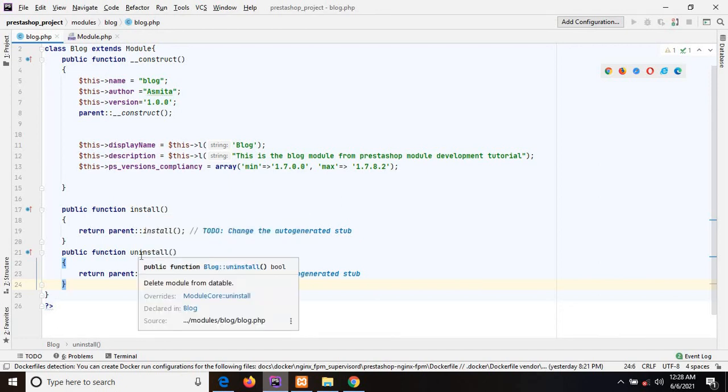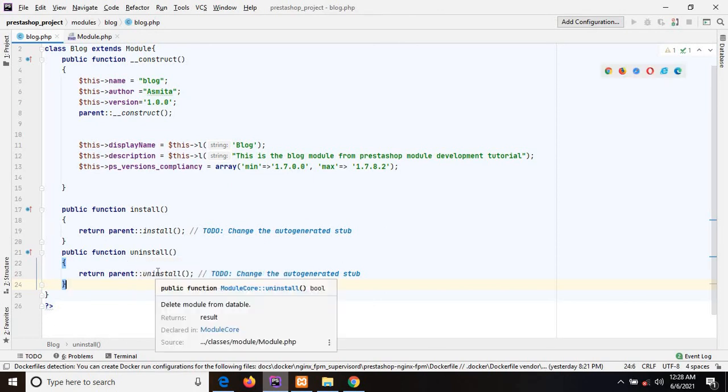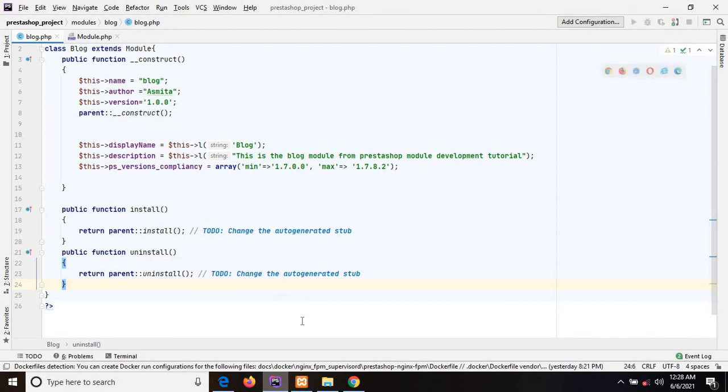Or if you want to delete everything related to the module, then you can add the code here. So these are the functions. So we can install and uninstall the module from the back office.